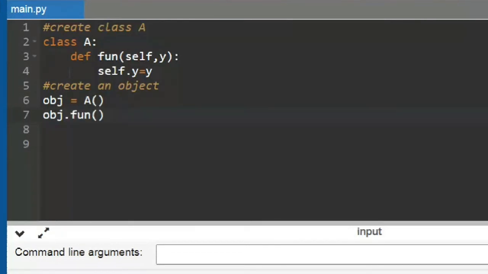This is what: name dot class member name. So what is the class member? Fun. But this fun is taking an argument. What is the argument that it is taking? Say that I'm giving 8 over here. You needn't bother about this self. This self will be there in the function definition itself. Here you needn't pass self, because self is nothing but this obj, which you have already called. So you're saying obj dot, and self will take this obj. The object reference it will be taking. So while passing the arguments you needn't say this.